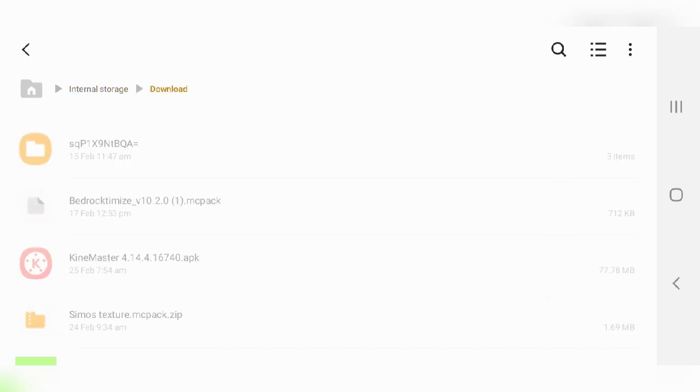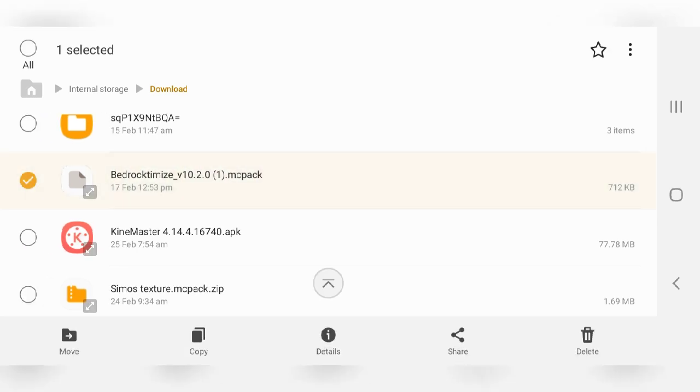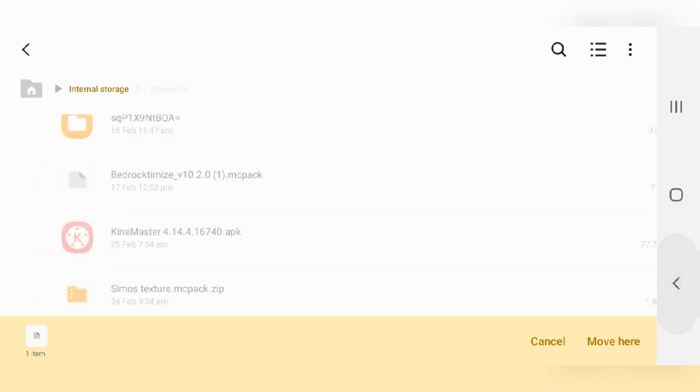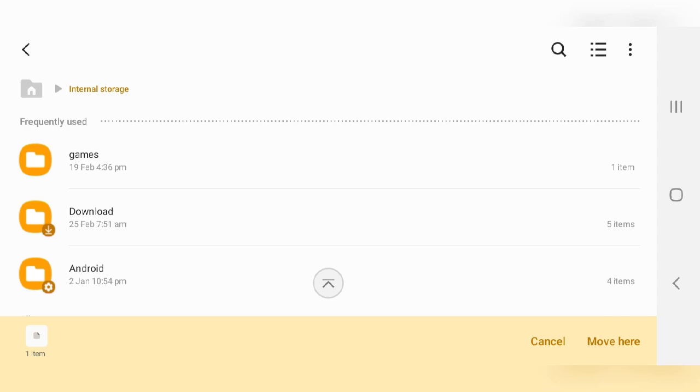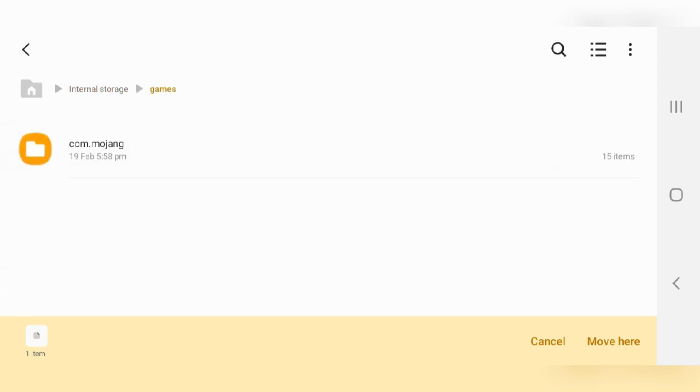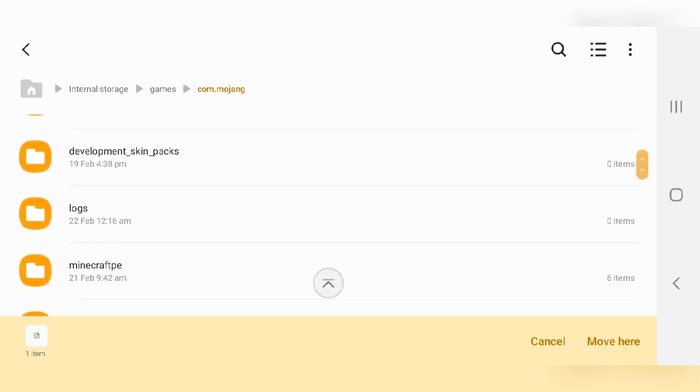After downloading the pack from the link in the description, you have to go into your file manager, and from your file manager you want to go into your internal storage. So I will scroll down right over here, and here we have internal storage. So click on internal storage, and then you can search for games, or it will be there on your internal storage. Go in your downloads and select the Bedrocktomize pack.